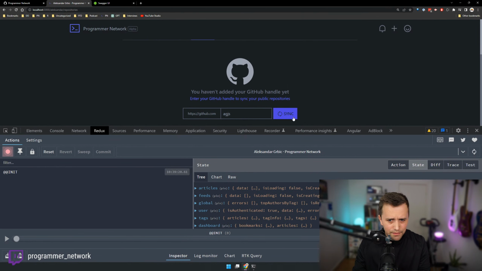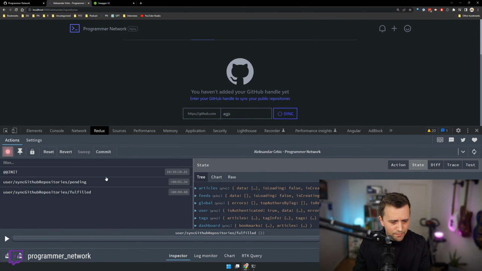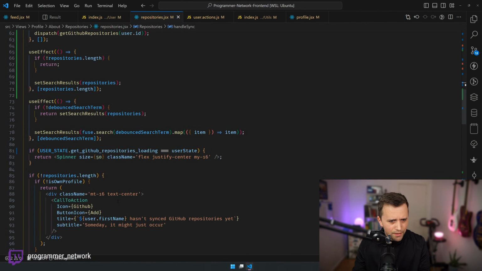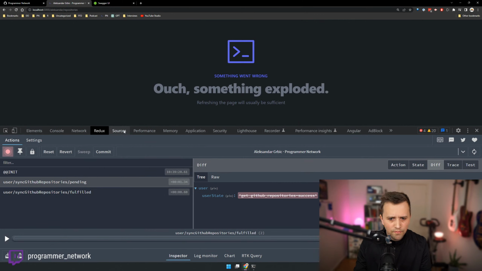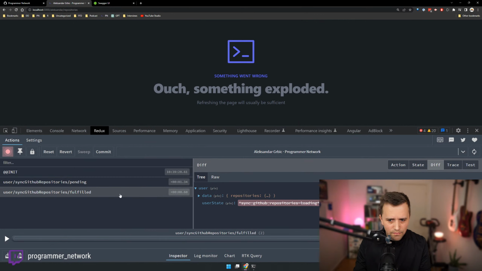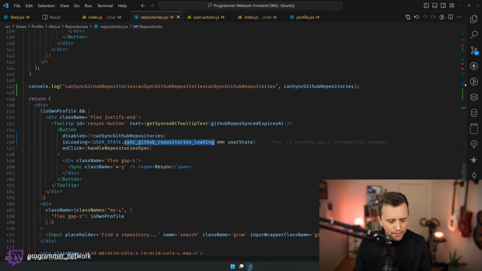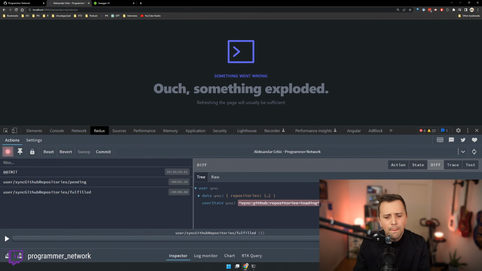So let's clean this up, sync. Sync GitHub repository is loading. So that's the problem, right? Okay, sync GitHub repository is loading. Okay, so that's kind of good.